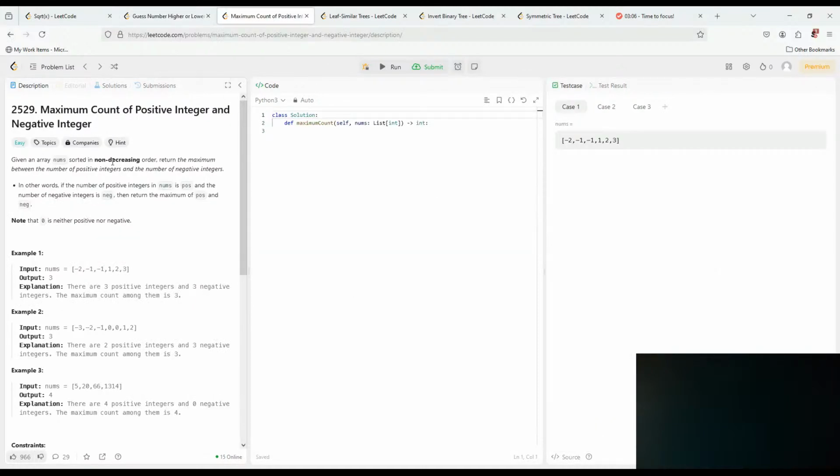Given an array nums sorted in non-decreasing order, return the maximum between the number of positive integers and negative integers. So there are 3 positive integers and 3 negative integers. So we are searching for 0. Whatever is 0, then yeah, our approach will be binary search for 0,